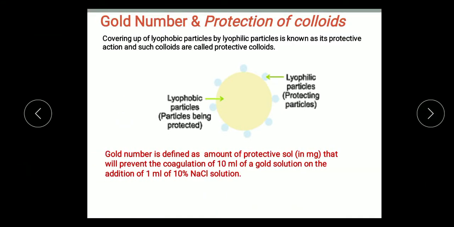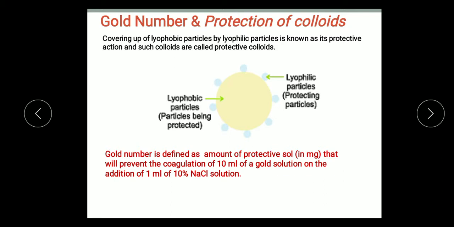So the gold number shows the protecting power of a lyophilic sol. It is defined as the amount of protective colloid in milligrams that will prevent the coagulation of 10 ml of gold sol on the addition of 1 ml of